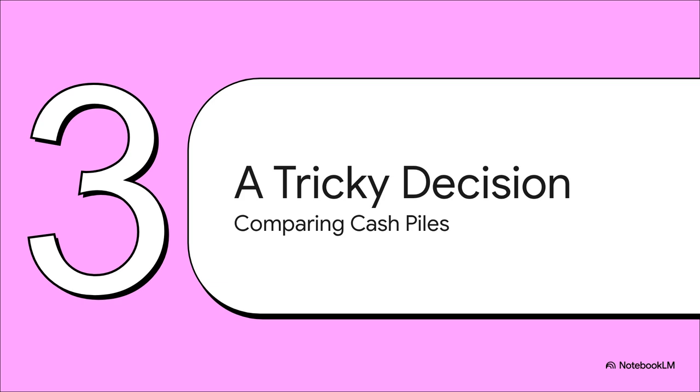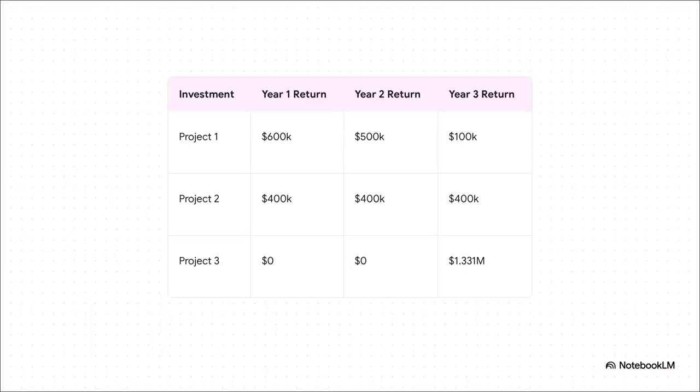But it also opens up a new, trickier problem. How do you compare totally different kinds of investments when the money comes in at different times? So check this out. Imagine you've got $1 million to invest, and you have to pick one of these 3